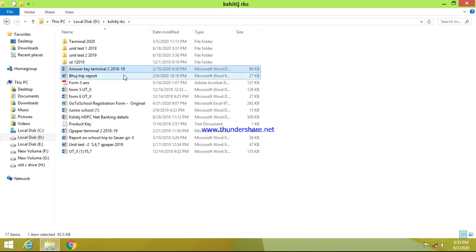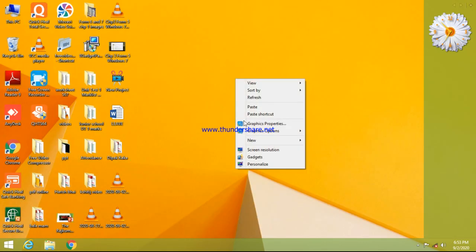I am pressing the control button, and slowly selecting various files which I feel are important to me. Then I leave the control button after selecting all the files. Then control plus C, I will close it, make a folder here.